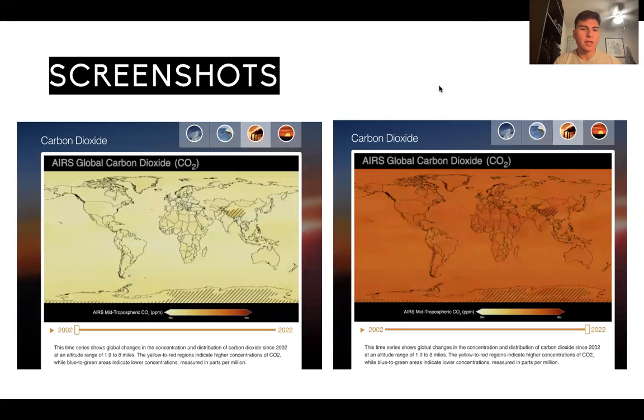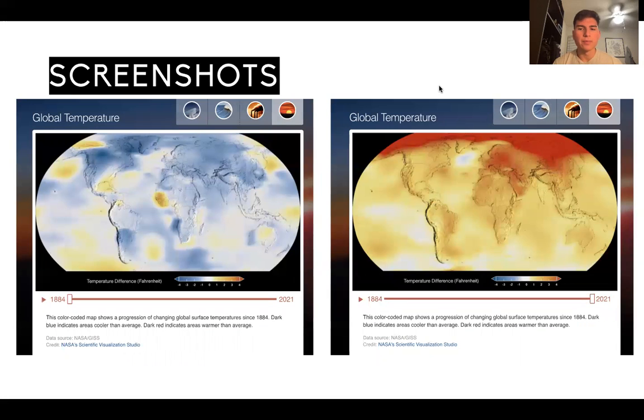And the carbon dioxide, it shows in parts per million of the atmosphere, showing back in 2002 all the way up to 2022. And this is just 20 years. You can see that it went from pretty low to really, really high. And the effect of that would be the temperature difference of where the normal temperature is and what it really is. So you see up in the polar ice cap, the northern one specifically, that there's a lot more ice than there used to be. So it really told this story of